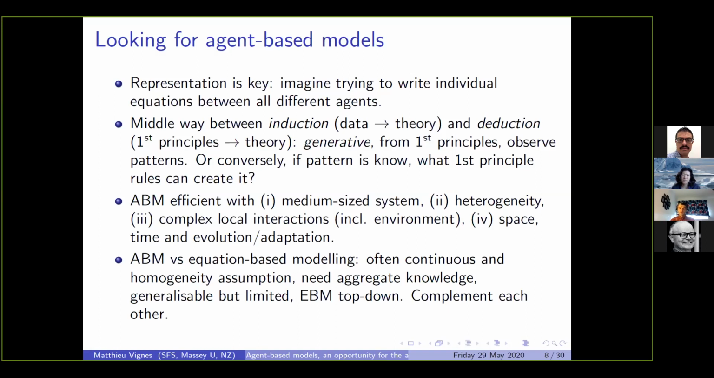So I've briefly talked about the comparison between agent-based modeling and equation-based modeling. Equation-based, usually you would apply that to a continuous space, and you have this homogeneity assumption. You also need to have the aggregate knowledge, so it's an input of your modeling. And that's what Sean was doing with his hands. He was saying how the